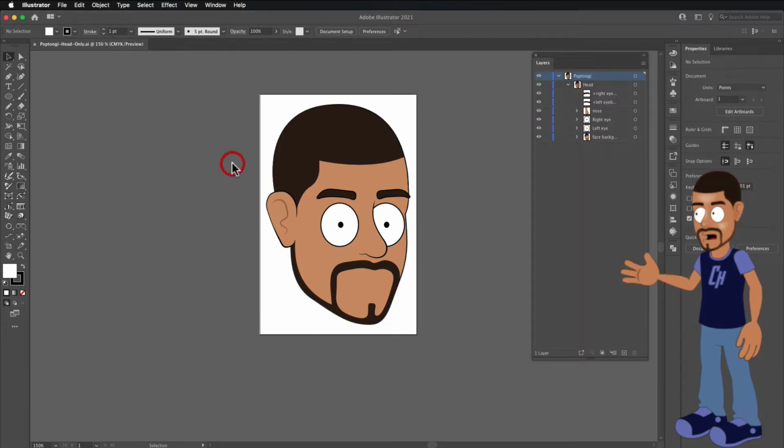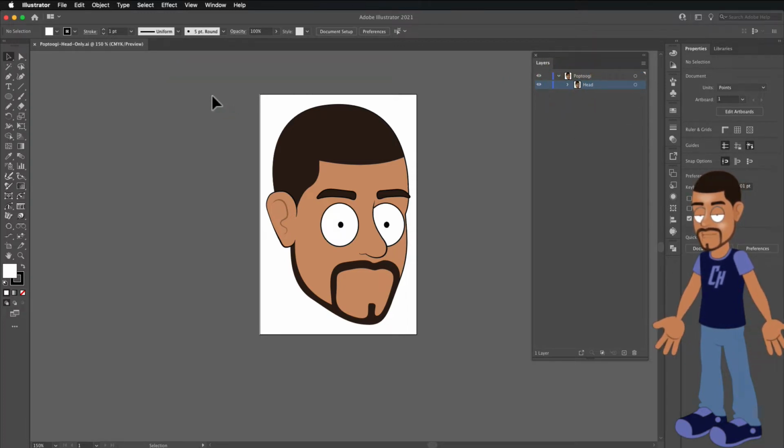So here's my head that I made in the first video, or a head like it. This is my character. But you can see right now it's got a group. I have a group called Poptoogie, which is the name of the character. Under that is a group called Head. So in order to place these mouths as a vector, or a set of vector mouths, go ahead and go